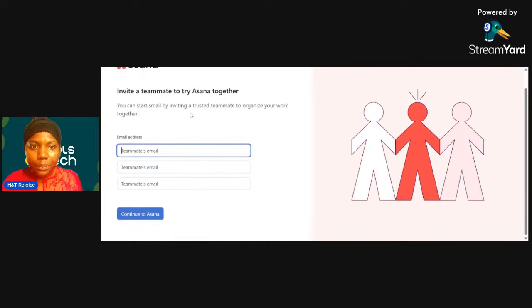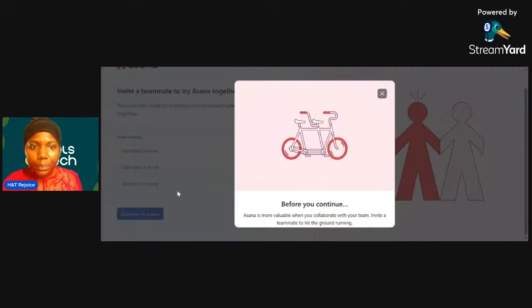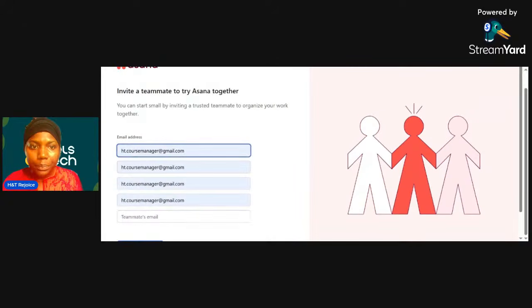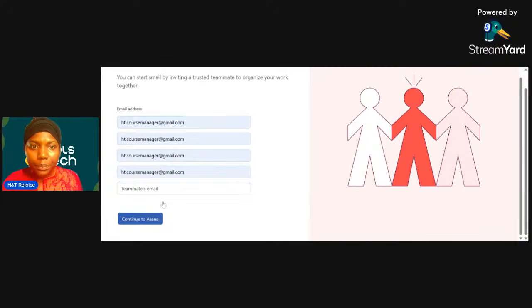Now, you can invite teammates to try Asana. If you have someone on your team whose email address you want to share, just put it here, invite. All right, so let me invite this and then we continue.